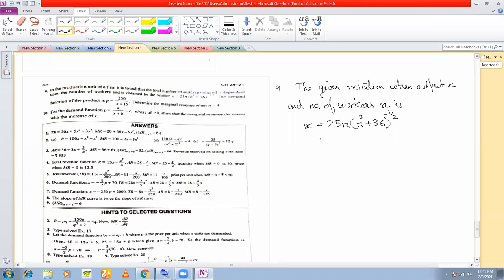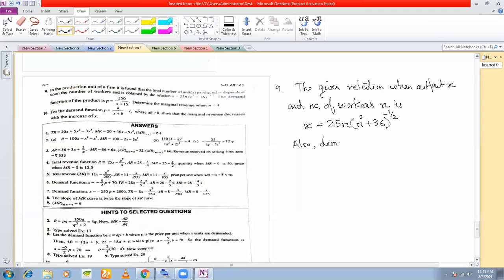So suppose if there are two people, how will you determine the output? You will put n is equal to 2 and find out x. Suppose you have to determine the output when there are 10 workers. How will you determine the output? We'll put n is equal to 10 and determine the output. Also, the demand function for the product is given by,